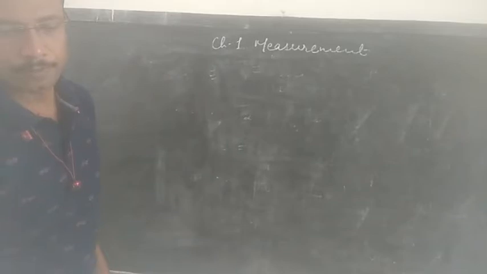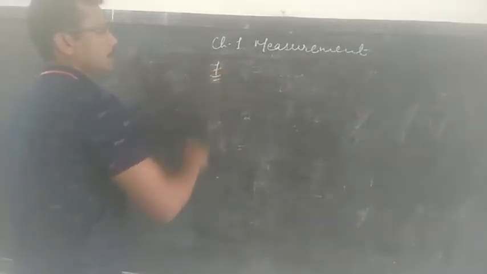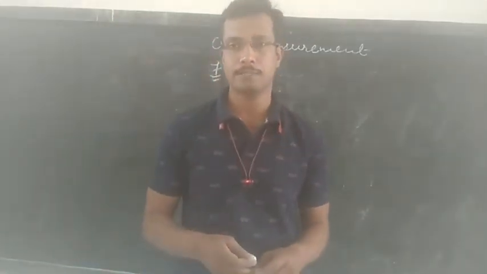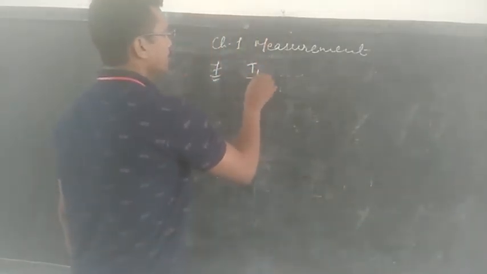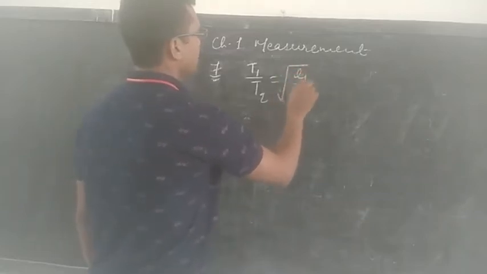It is given in question number 7 that the ratio of the time periods is 2:1, and you have to find out the ratio of the lengths. So we have this formula: T1 by T2 is equal to under root L1 by L2,